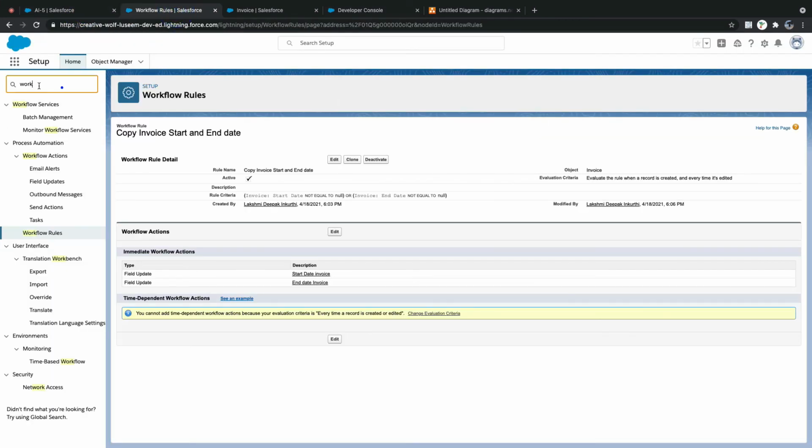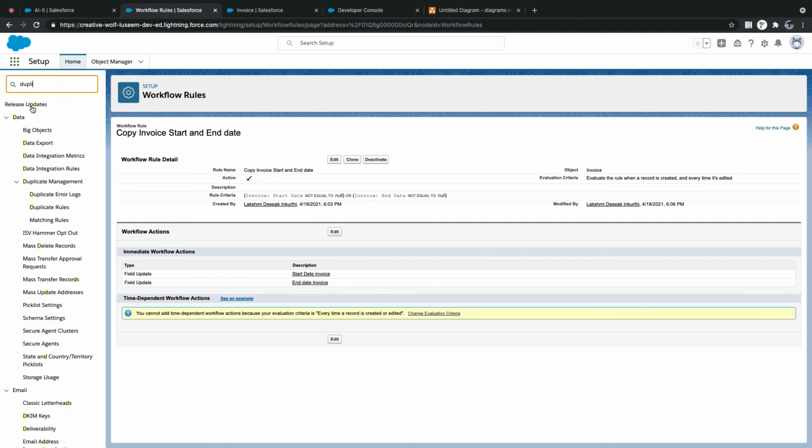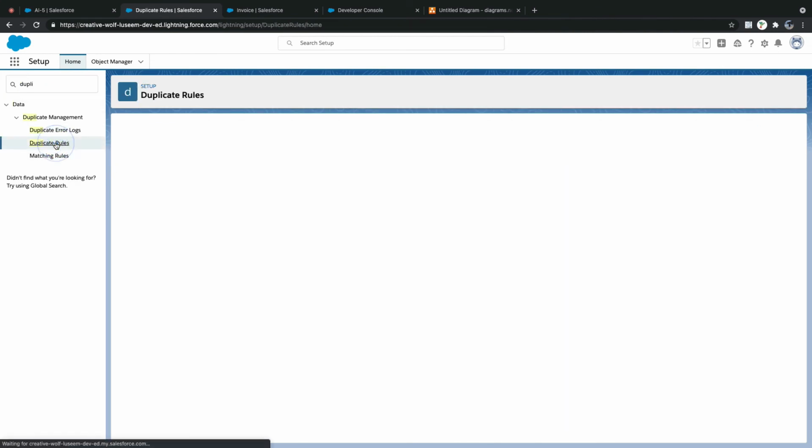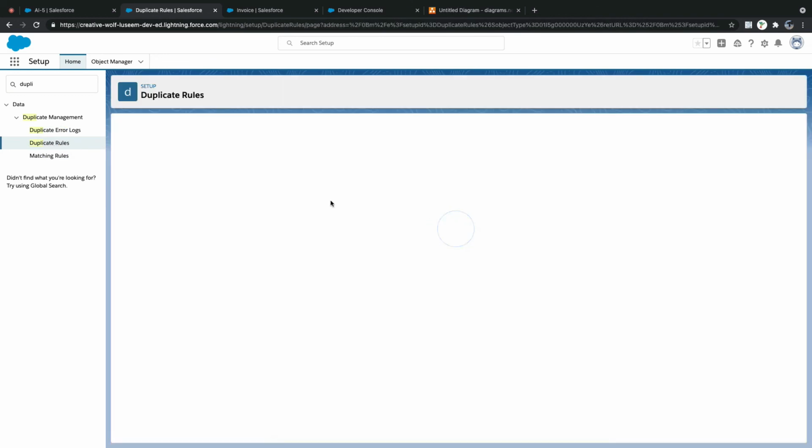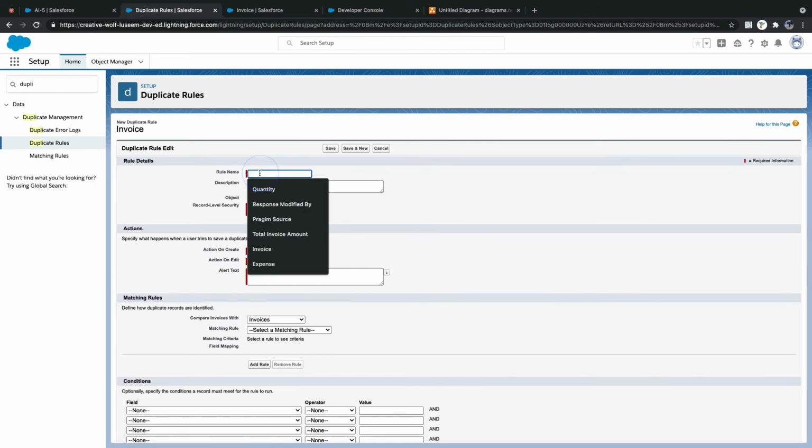Now we have text fields created. So all I can say is duplicate rules. Now I'm going to my duplicate rules. New invoice, and I'll say invoice with same contact, and enforce sharing rules.